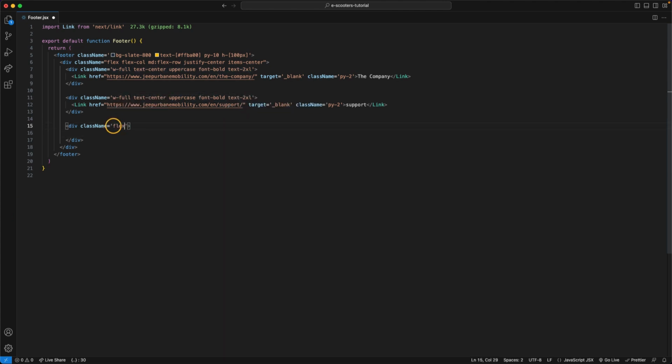I'm going to say flex, flex col, on MD flex row, justify center, items center, not start, and padding top of 5. And inside, all I'm going to need is a p tag. So a p, and inside that p tag, I'm going to have just a little bit of